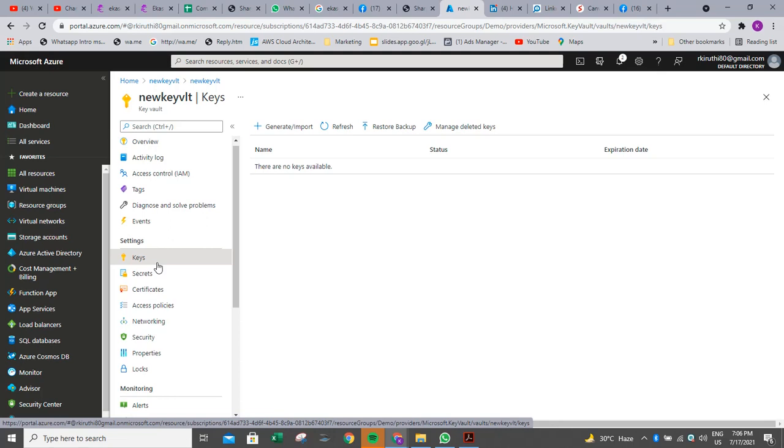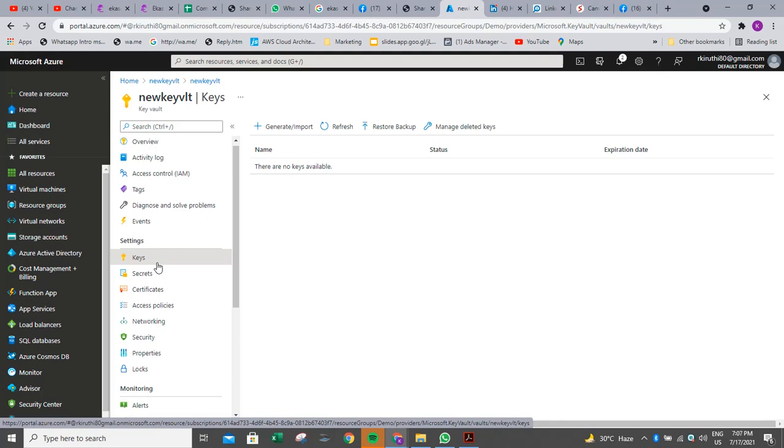Next, if we want to read and write in a key vault, we have to use an access policy. A key vault access policy is a permission set assigned to a user or managed identity to read, write and delete secret keys. These access policies can be created through the Azure Portal, CLI or a REST API.